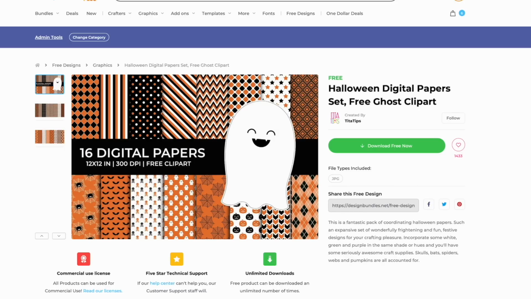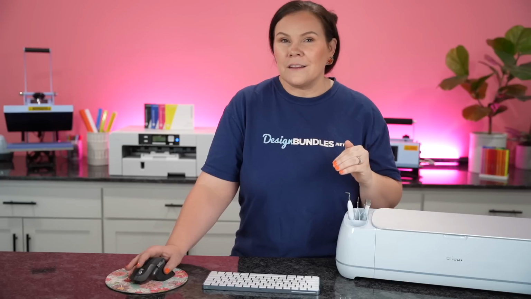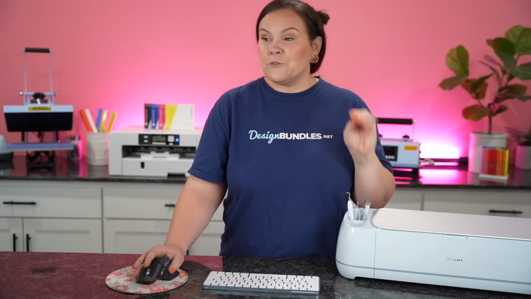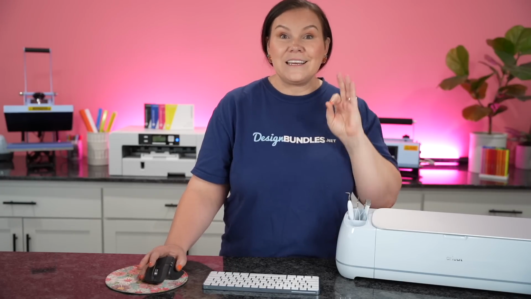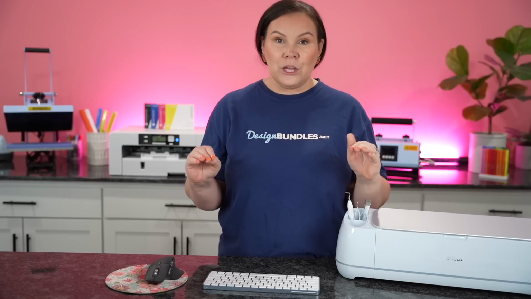So moving right along, I wanted to show you that we even have patterns, and I want you to think outside of the box when it comes to patterns. For example, this comes with 16 digital papers and they are so cute. You could do scrapbooks with these. You could create those little scrapbooks. You could do fun little gift bags, so you could print them out and use some double-sided tape to create